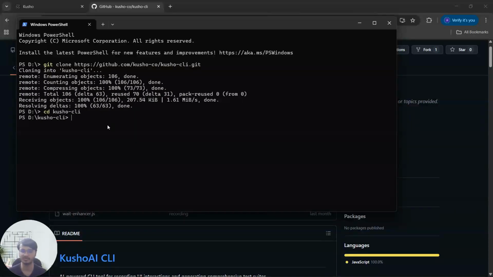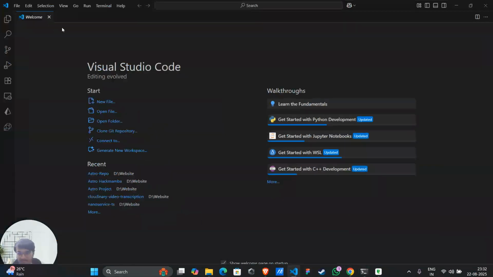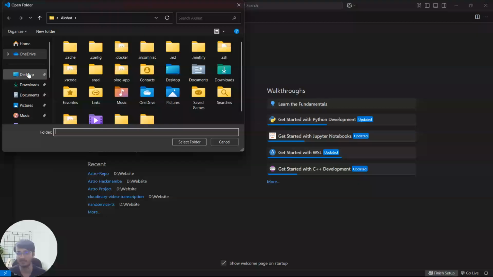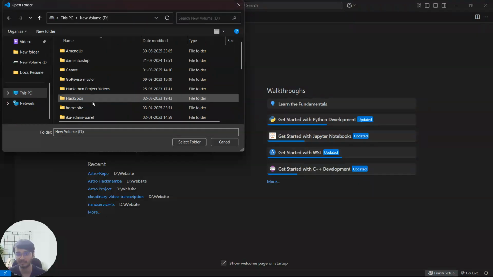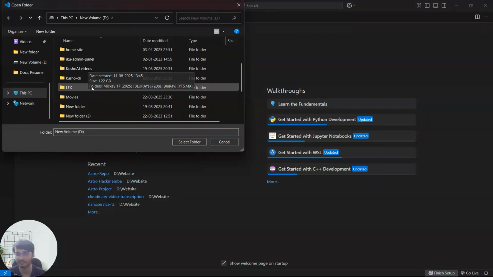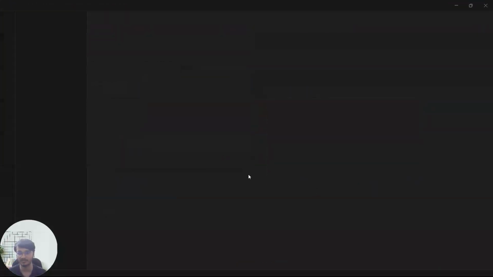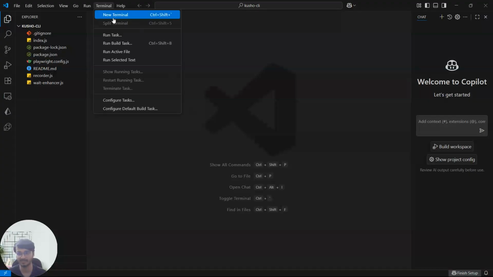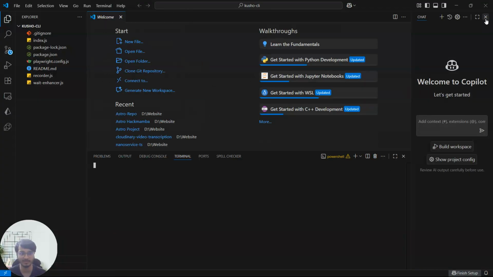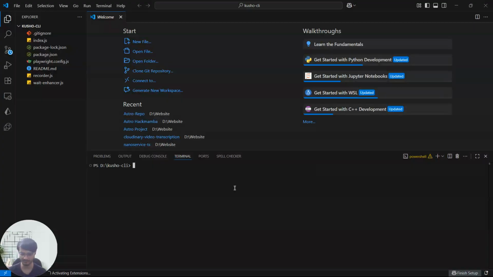You can use all the commands of Kusho AI in the terminal, or you can use any IDE as well. I will be using VS Code for this. So I will open it and navigate to where I have the Kusho CLI. After that is done, we will open a new terminal and run some basic commands